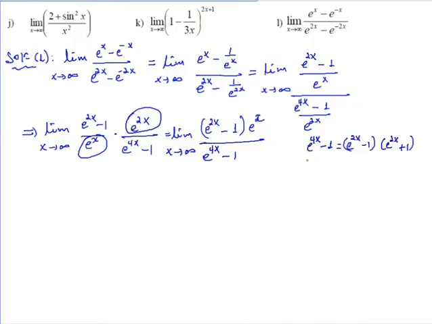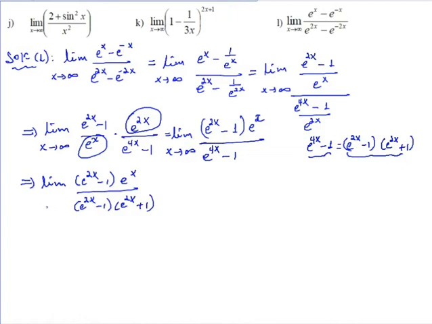So you can replace this part by this factorized form. So the limit becomes e to the power of 2x minus 1 times e to the power of x over e to the power of 2x minus 1 times e to the power of 2x plus 1. Now this can be simplified. So the simplified form becomes the limit of e to the power of x over e to the power of 2x plus